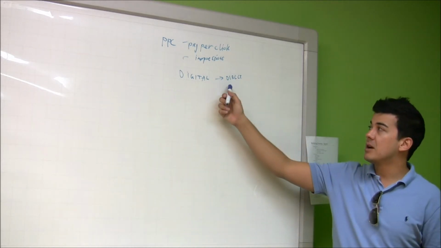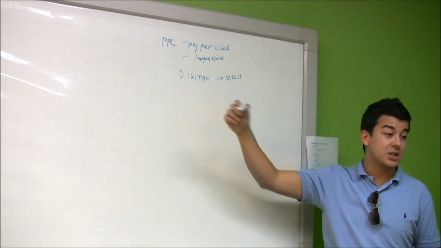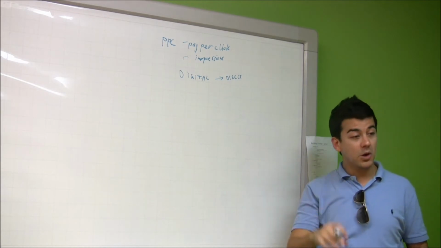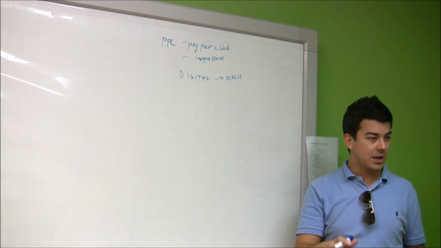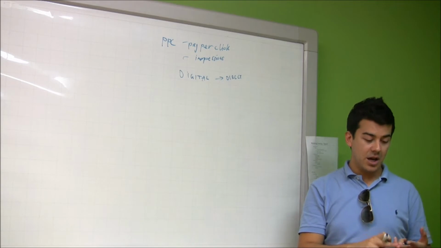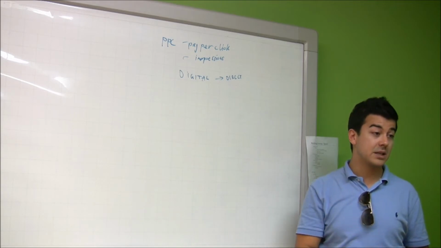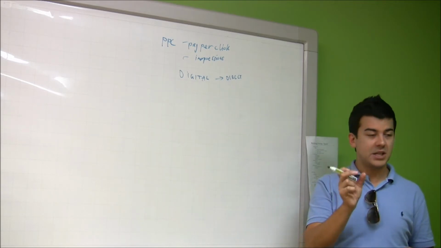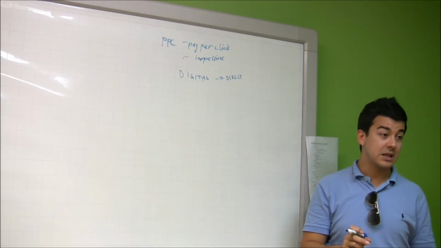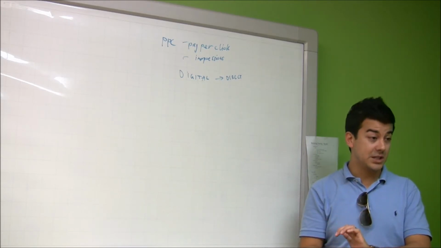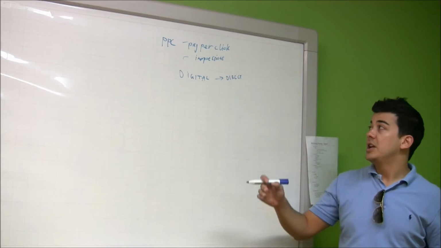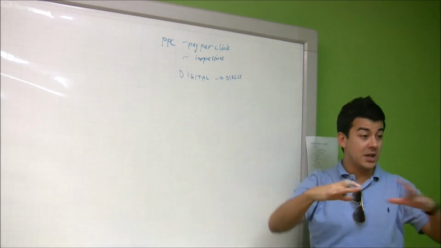The difference between digital and traditional advertising is you can track it, right? Every time you go online, you click on something, you're tracked. Your IP address is tracked, cookies are stored on your computer, which basically say, this is a particular person and the last time they logged in, and a whole bunch of data about what you actually did on that site. So because it's tracked, you can measure it.